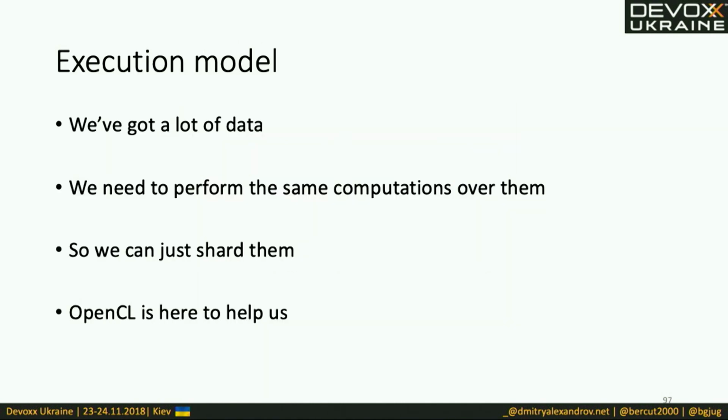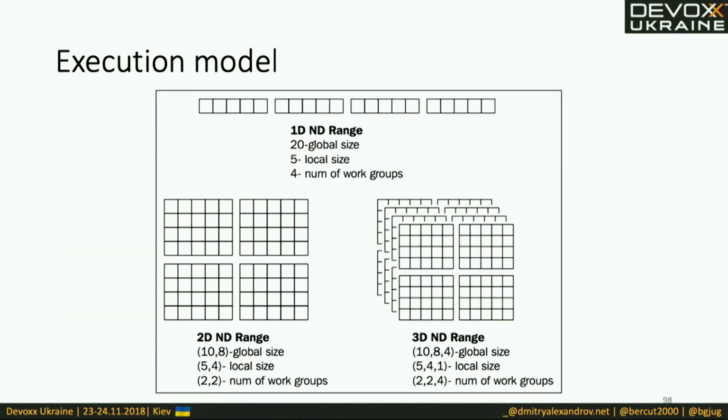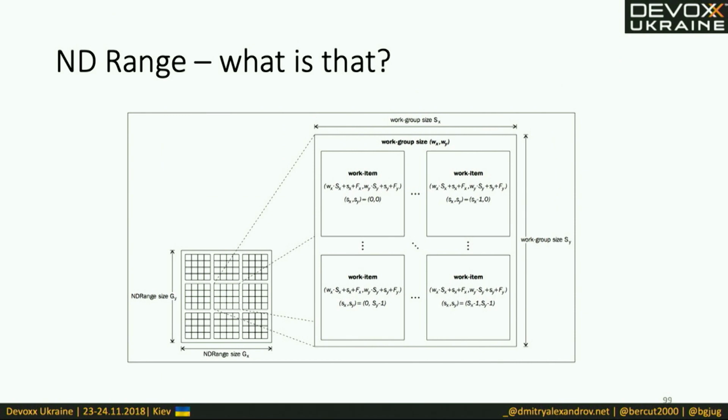And as we say, chunking the data, there is something called execution model you also have to think about. I will just say it to you in very few words because as I was trying to understand this, reading the book, I reread this chapter 14 times before I understood it. So it's kind of impossible to explain it to you in 20 seconds. But most of the time, as we work with graphics, the data we are working with in OpenCL is most of the time arrays, because only them we can chunk into some pieces and send to different cores of the video card.